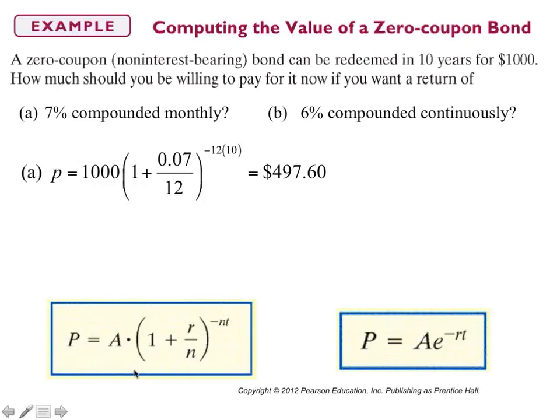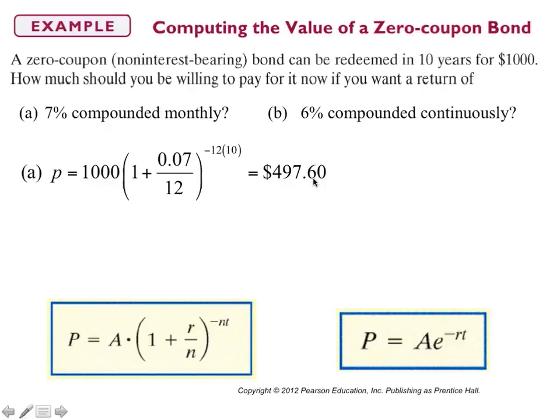So we take our $1,000, that's our future value, multiply by 1 plus the 0.07, which is our rate, divided by 12, since we have compounded monthly, and then our power is going to be the negative 12 times 10th power, because it's the 10th power because we have 10 years. Now this is one, when you put this into your calculator, I would definitely try this because this is a little different. You need to make sure that when you put in the exponent, you hit your caret key for your exponent, and then you put a parenthesis, and then you do negative 12 times 10, and then you end your parenthesis. And if you do this very carefully, you should get